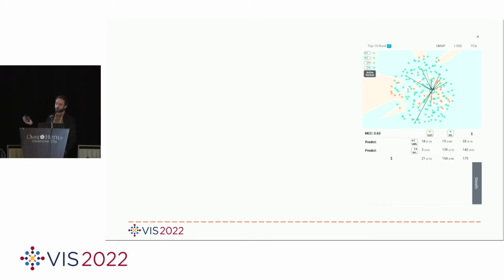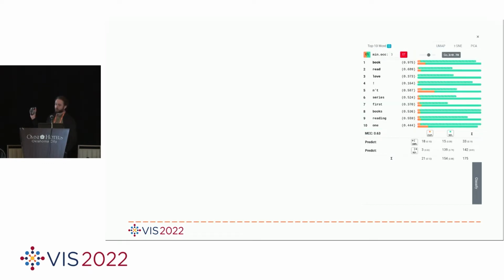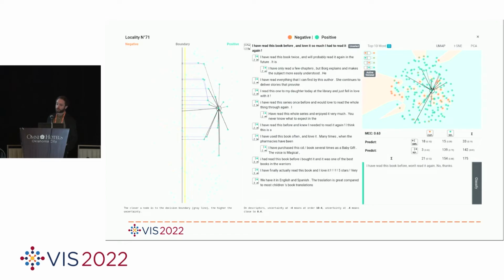We also propose a subview where users can find the 2D projection from UMAP, t-SNE, and PCA. In this projection, we include Voronoi cells to show the decision boundary. As you can see, the boundary with UMAP for this locality is not a straight line. Finally, we propose a confusion matrix, as well as an area where users can classify inputted text to view how changes in the text can influence the prediction.